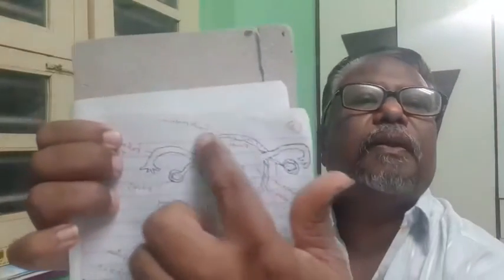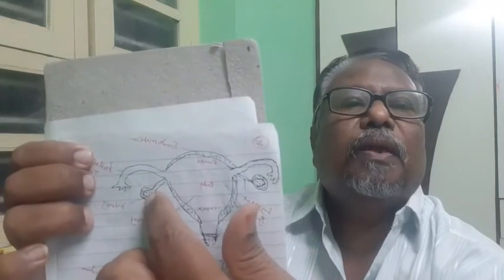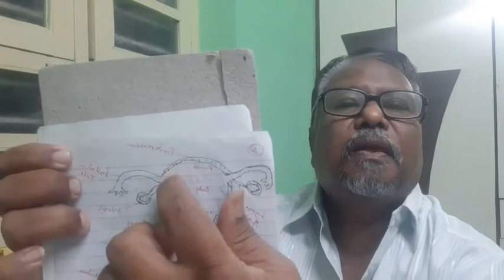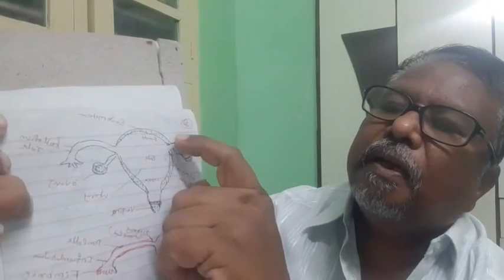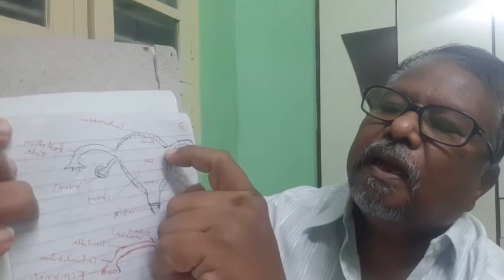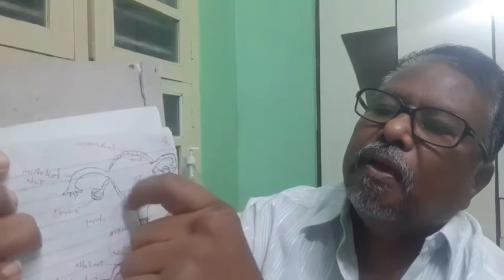So this is the uterus which is present in the pelvic region. These are the ovaries attached to the uterus. This is the fallopian tube, and these are the fimbriae, finger-like structures which capture the ovum released by the ovary. The ovum comes here and fertilizes here, and it will be implanted in the endometrial wall of the uterus.